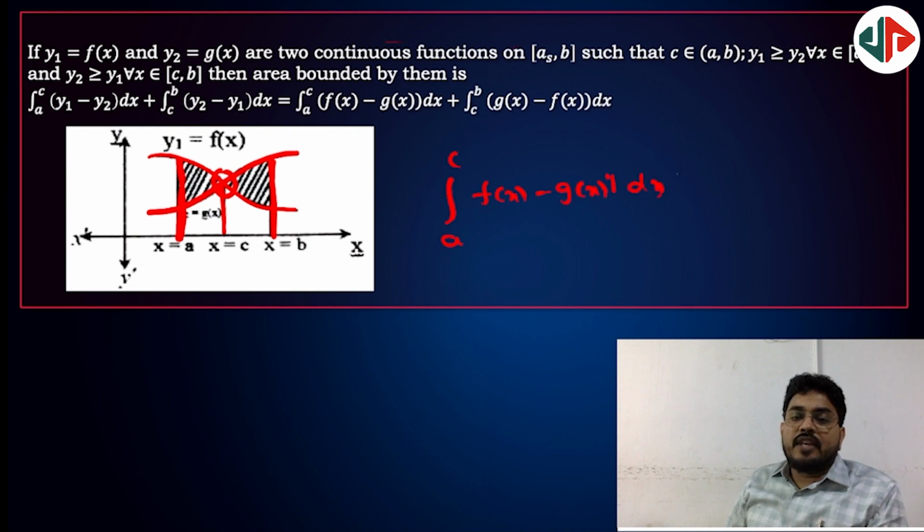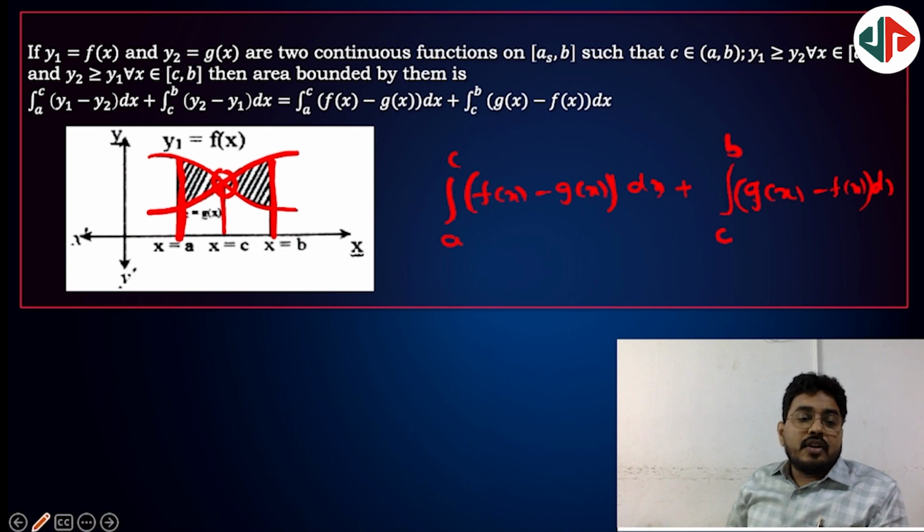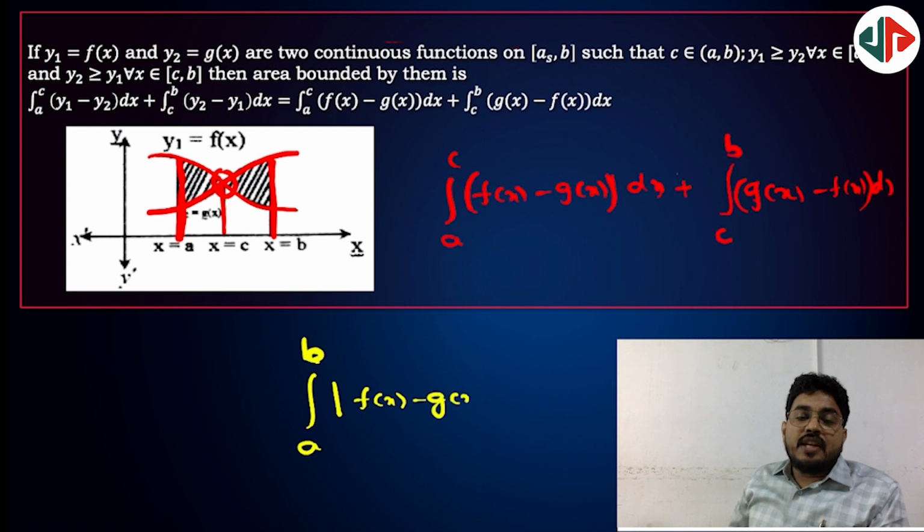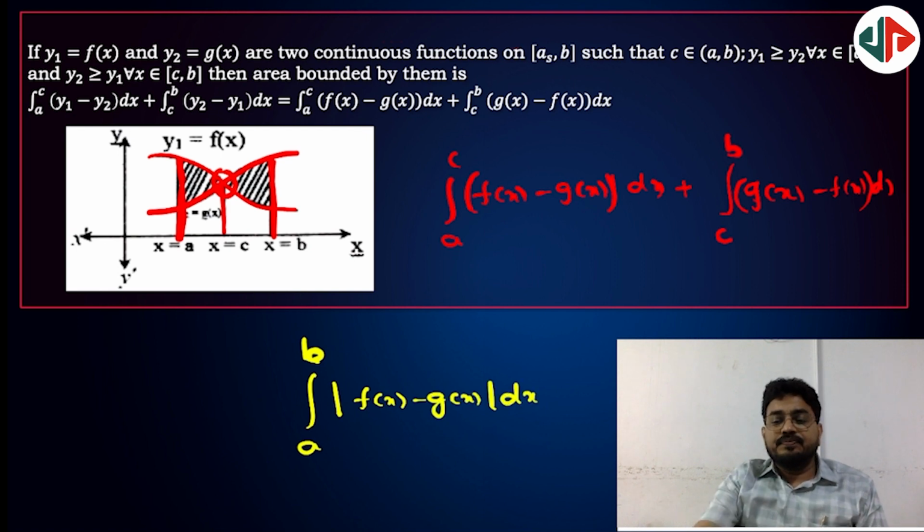This is one part, plus the integral from c to b of g of x minus f of x dx. Or you can also write it as the integral from a to b of the modulus of f of x minus g of x dx. Okay,